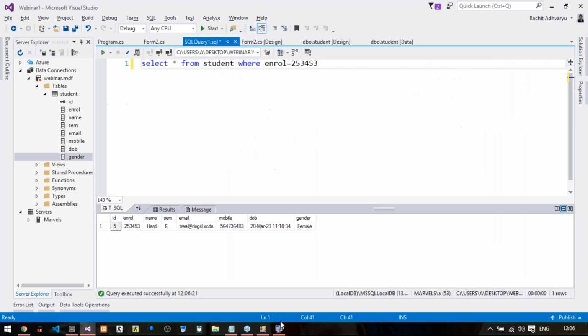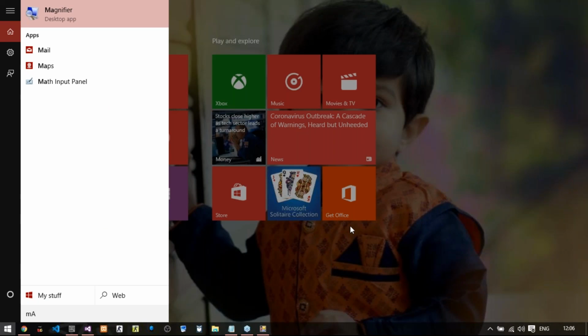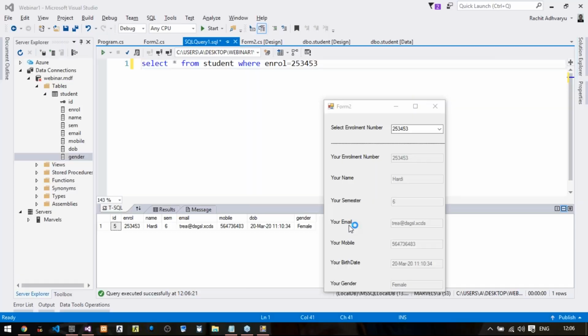See, again, 253453, Hardi is 6, the email, mobile number, all is same. So our task is working properly. Whatsoever number you select, it will fetch the details based on it and display them in this text box. Right? Clear with this part?